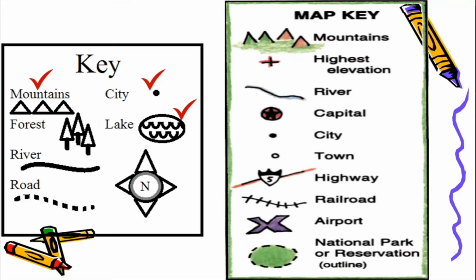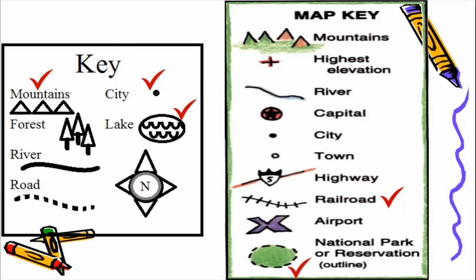See some more keys here. For example, here are some more symbols for a railway line. You will see a straight line with lots of cuts on it, a railway line or a railroad. Okay, and then in Mumbai we have a very famous national park called the Sanjay Gandhi National Park, which you can also call a reserve. Now there are very few animals there, but it is a national park. So these kinds of national parks are indicated with this kind of symbol.